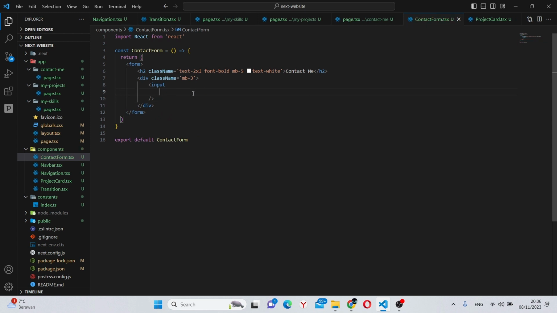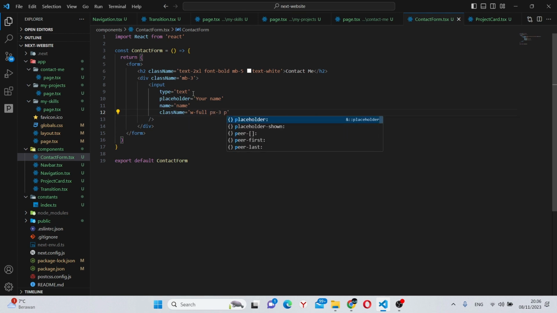This input will first of all have a type of text, a placeholder of your name, a name of name, a class name of w-full, padding x-3, padding y-2, text-sm,